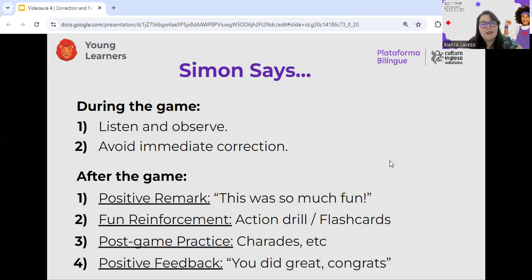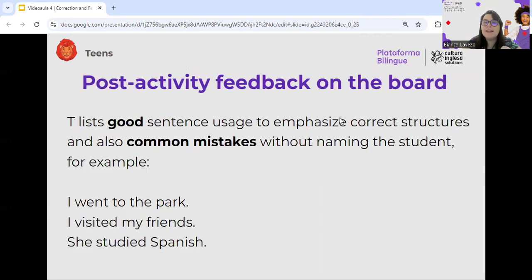Remember when I asked you, like, what kind of feedback do you give? Maybe you thought of this one, the idea that you provide them with feedback on the board, which is a very common, but also very effective, way to deal with delayed feedback. What I'm using here is this idea. First, students participate in the task, they perform the task, they role play a situation, for example, they carry out a conversation, and then the teacher lists